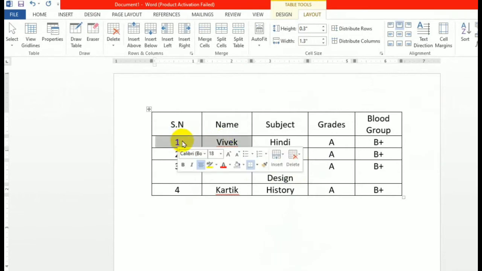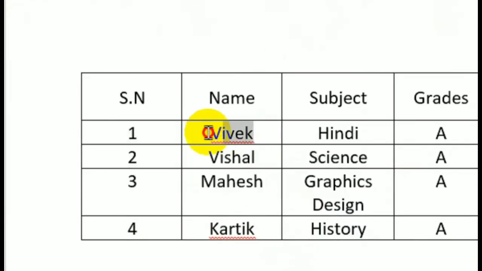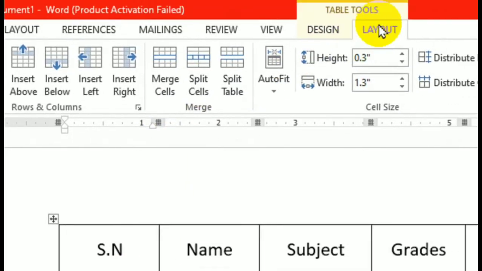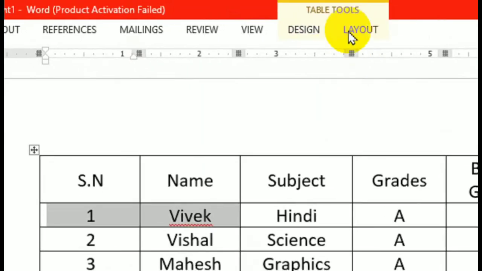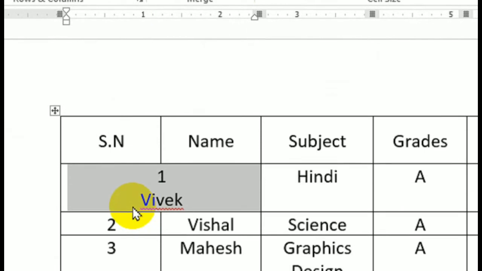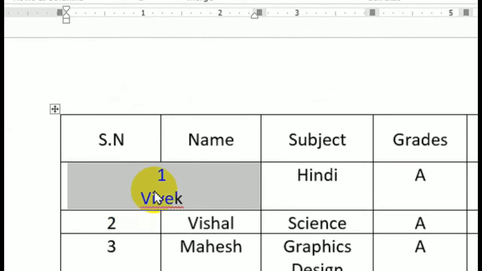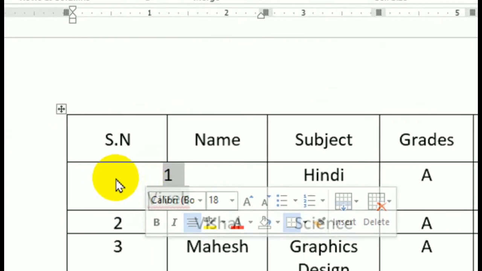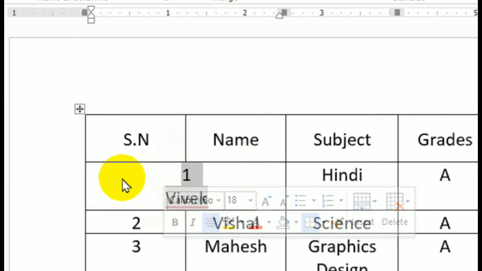You can see serial number one and the name Vivek. These two cells are there, and now I want to merge them. Inside the Layout tab there is the Merge Cells option. By clicking on that option, both cells get merged, which means a single cell has formed. In this way you can merge one or more cells to combine them.